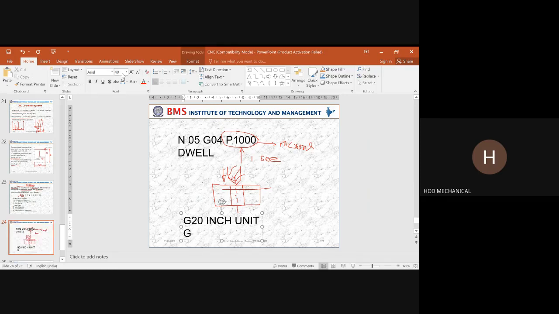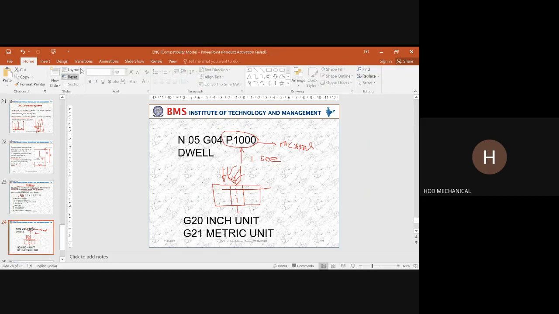Then we have G21. G21 is in terms of the metric unit, that is, all the dimensions you write are going to be in metric units. These are the initial things that you write: the inch unit and the metric unit.